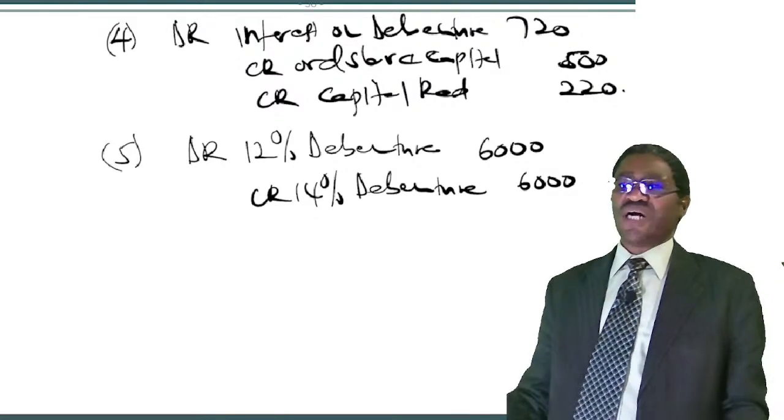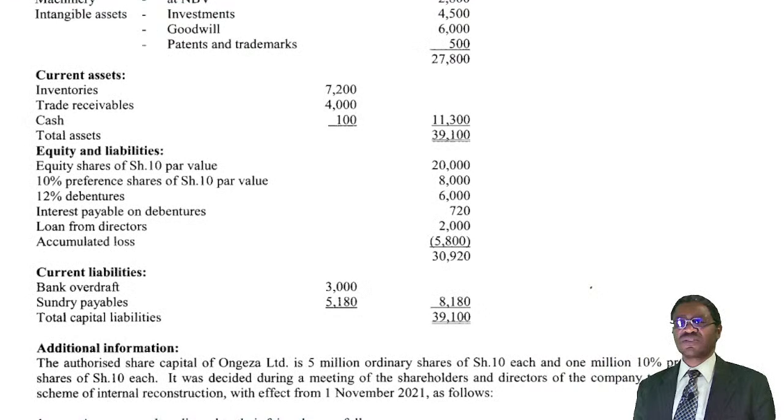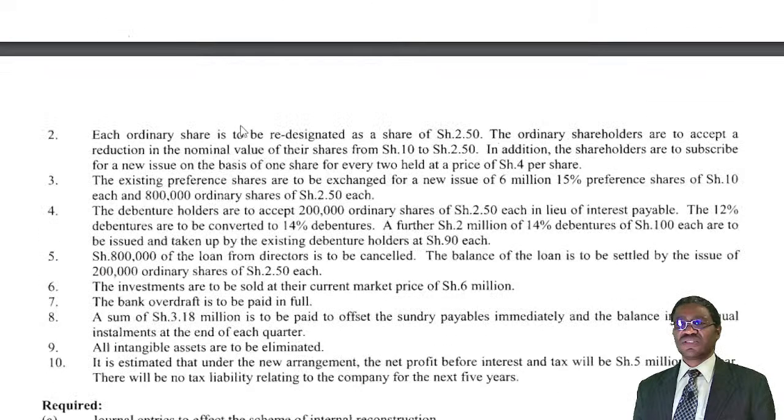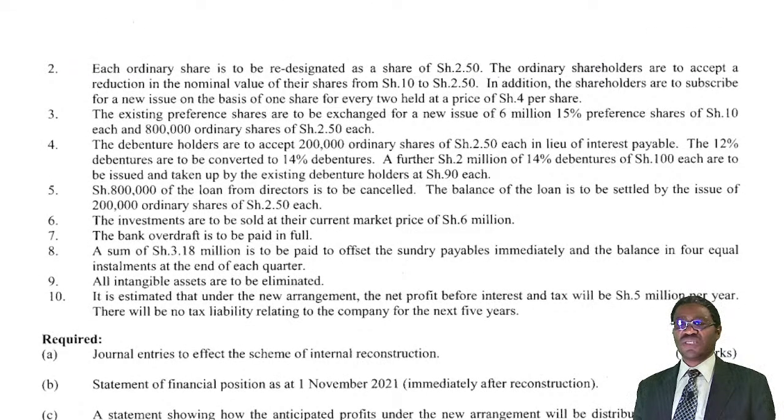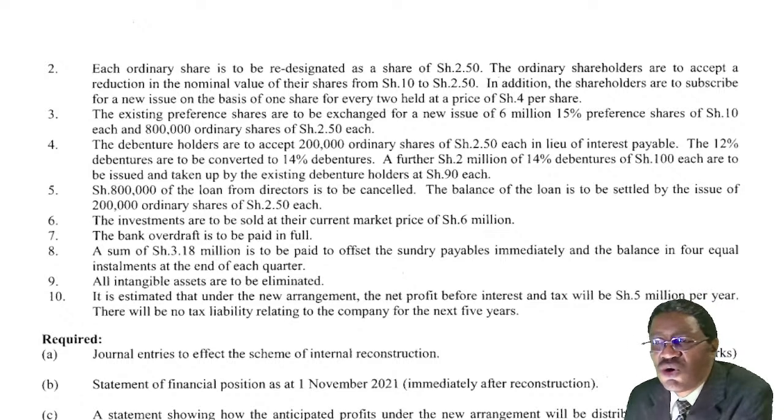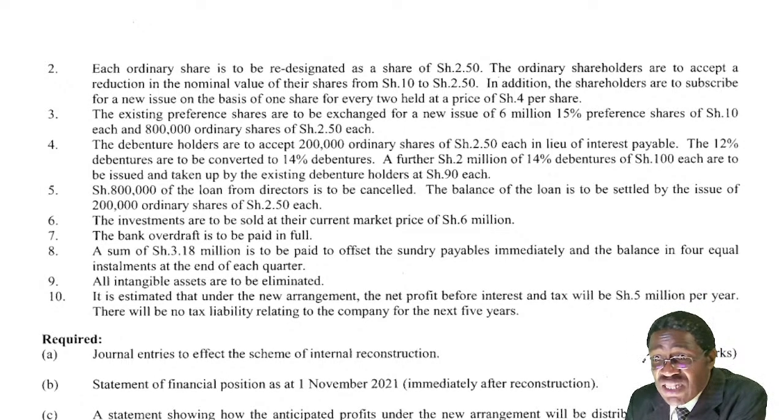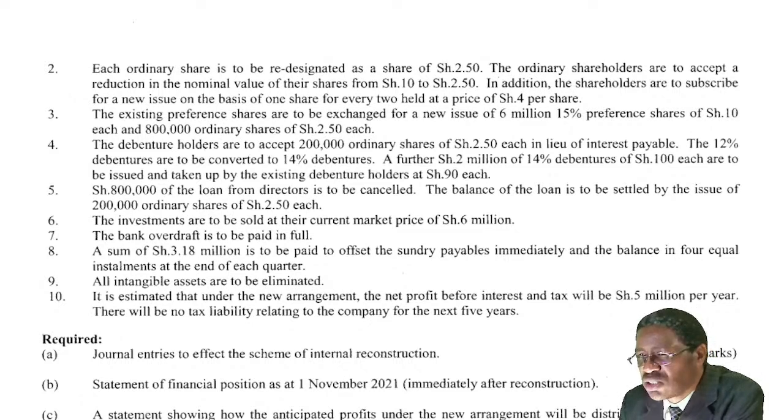So now we go on. I think note number 4 still had something else. What is that? It goes on to say, a further shillings 2 million of 14% debenture of shillings 100 each